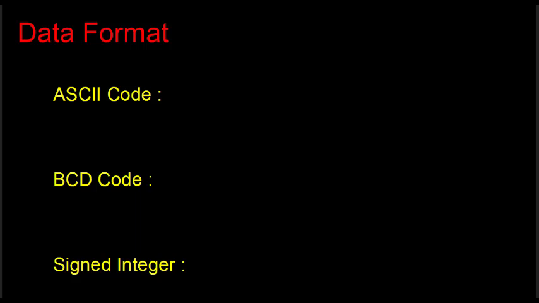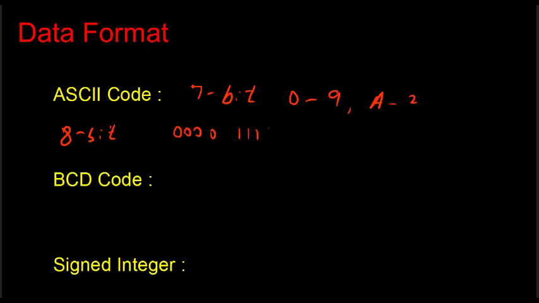This is actually a 7-bit code. So we can represent numbers and alphabets also, numbers from 0 to 9 and alphabets A to Z. Generally the code is represented in 4 bits. If the code is of 8 bits, we represent it in two 4-bit codes. So the combination can be from 0000 to 1111. So it can go from number 0 to 9 and from A to F.